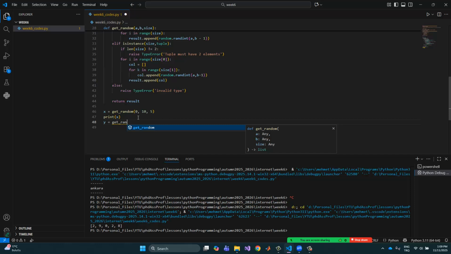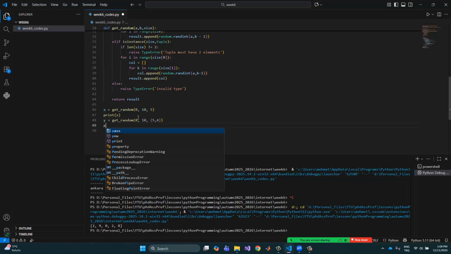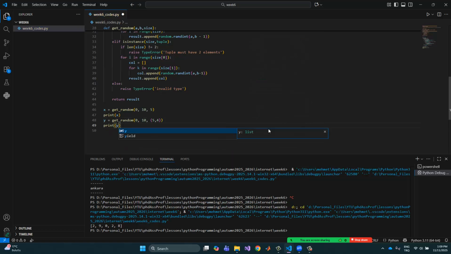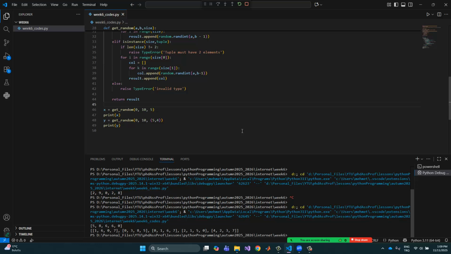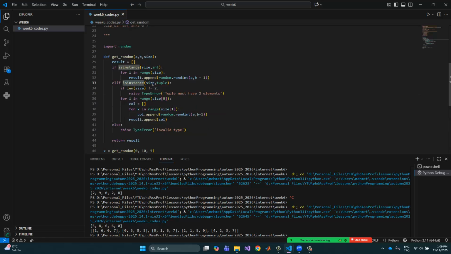Y gets random 0 to 10 and 5 and 4, and print y can be given in here. Okay, and so this is the 5 times 4 matrices. Okay, but it's random because if the instance size is equal to the tuple, and so